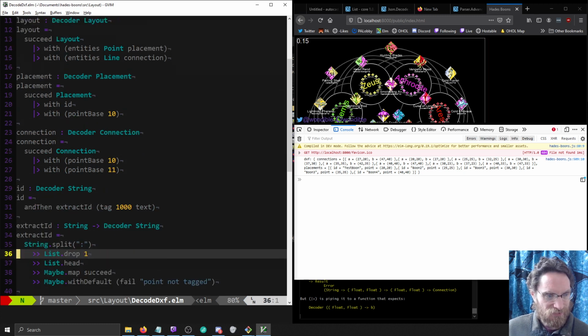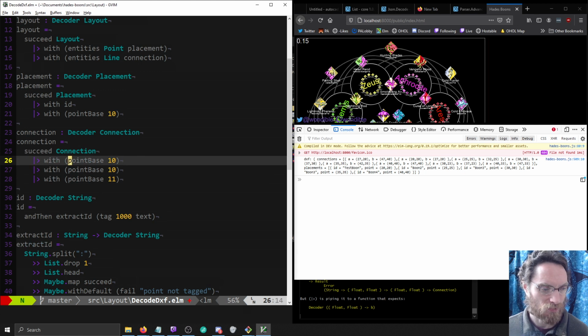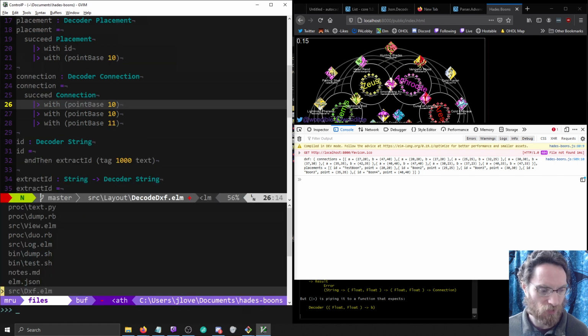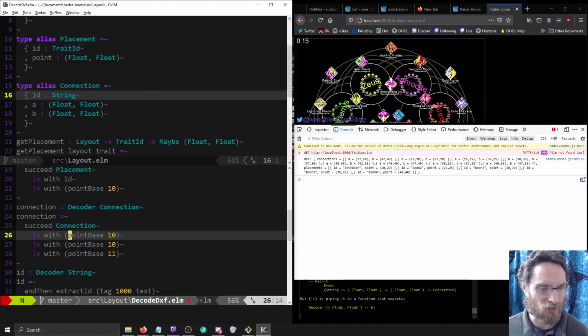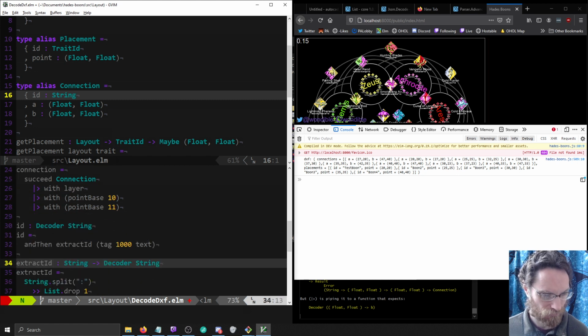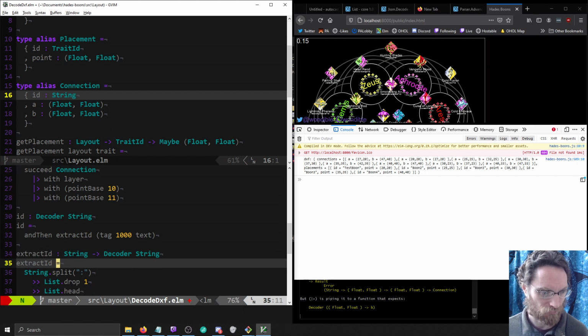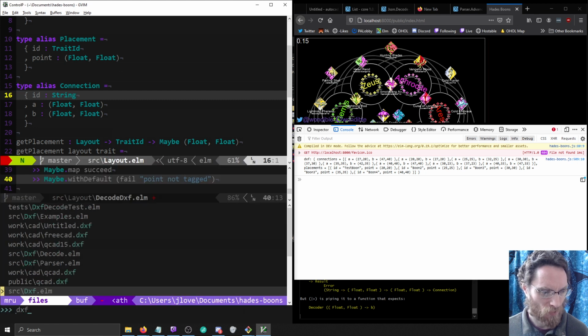Okay, so connection. Which I think all of these are, well, everything's in a group might be 0 or in a... with, what do we call it? I see we call it an ID again, so it's not just an ID. So this is, I guess we can just go ahead and call it layer. All right, so DXF,